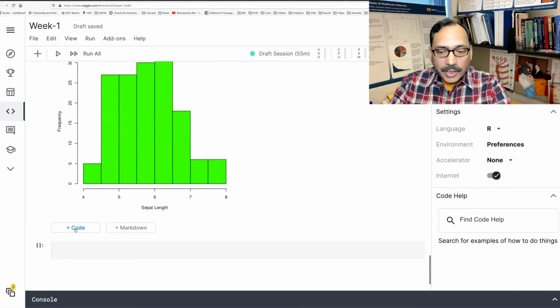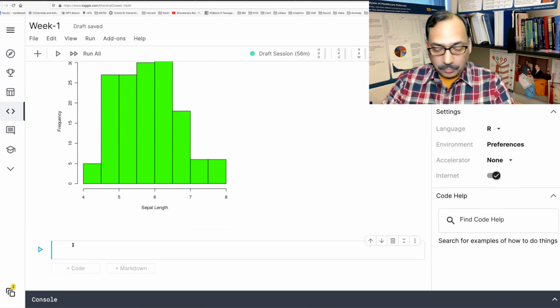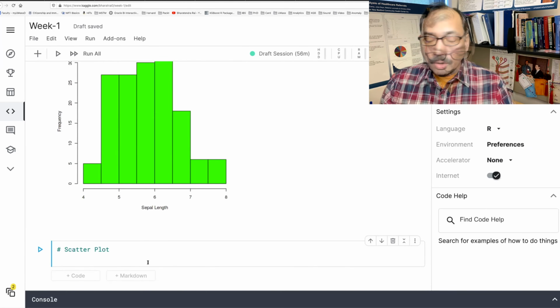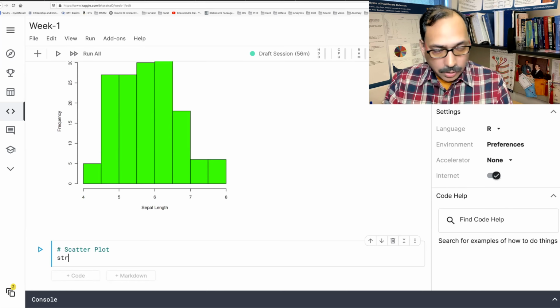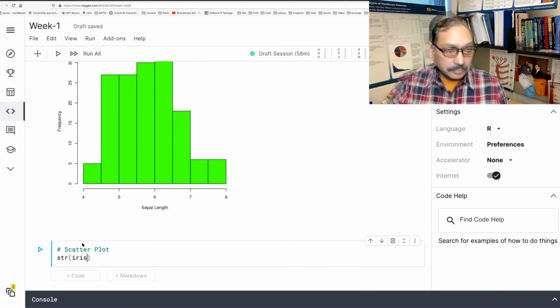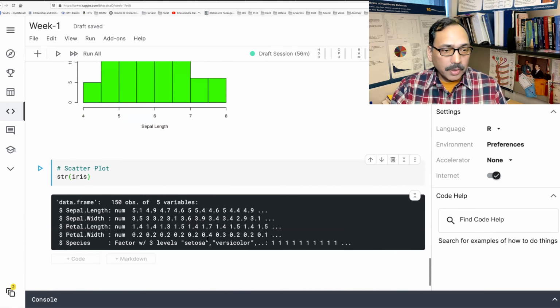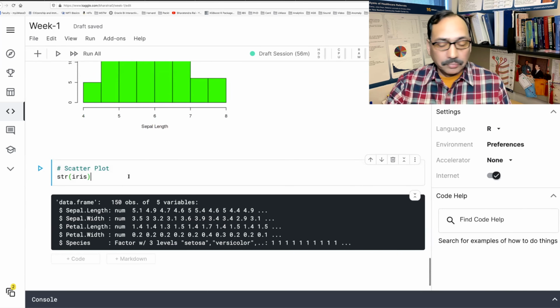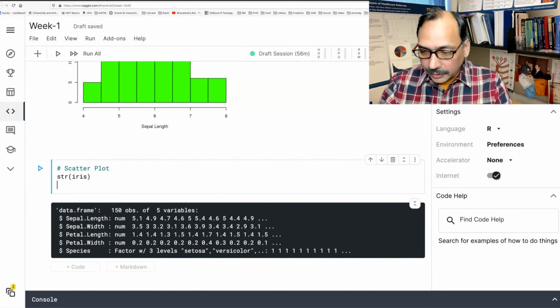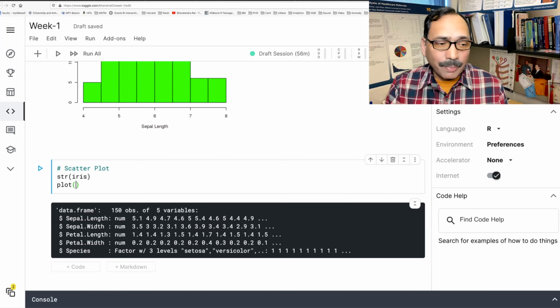Now let's look at a scatter plot. So if you recall, let me run structure of iris data again. So for scatter plot, we always need 2 variables. In fact, 2 numeric variables. We can do sepal length versus sepal width. So how do we do that? So this time we are not saying scatter plot, but simply plot. And then